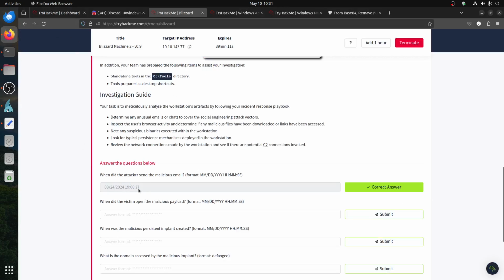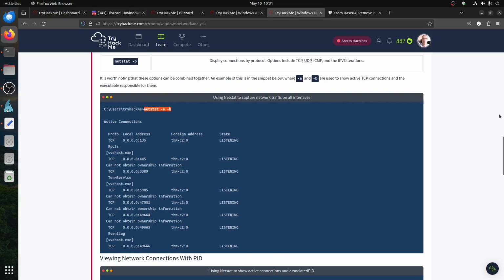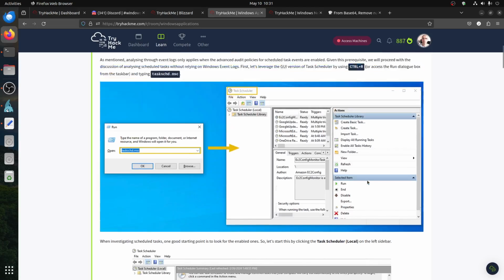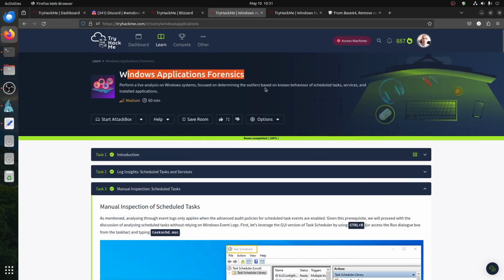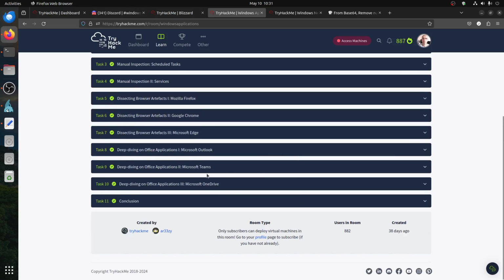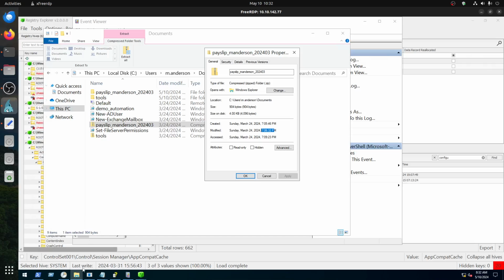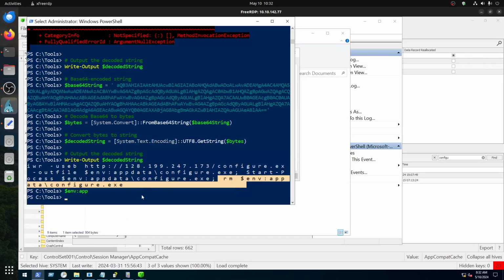So the question is, of course, now there's a room that you can follow here. I forgot, I need to do a write-up for this. People are asking me about Windows application forensics, and then you have the Outlook part of it, Microsoft Outlook. It gives you the part of the PowerShell that you play with to know, for example, the user they have Outlook. So if we go there and go to the PowerShell,